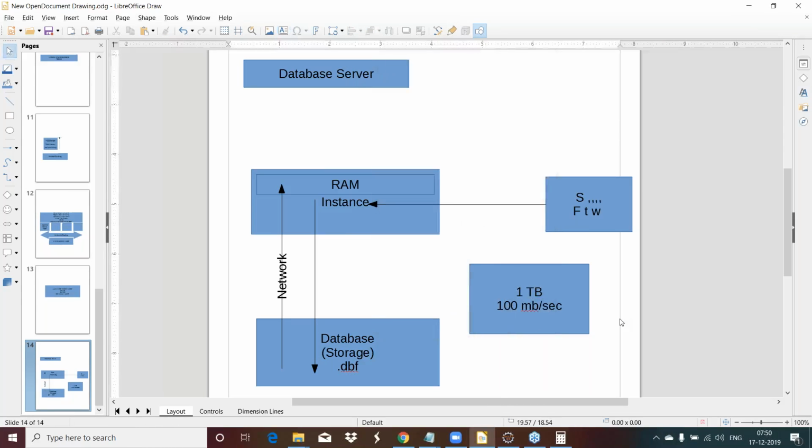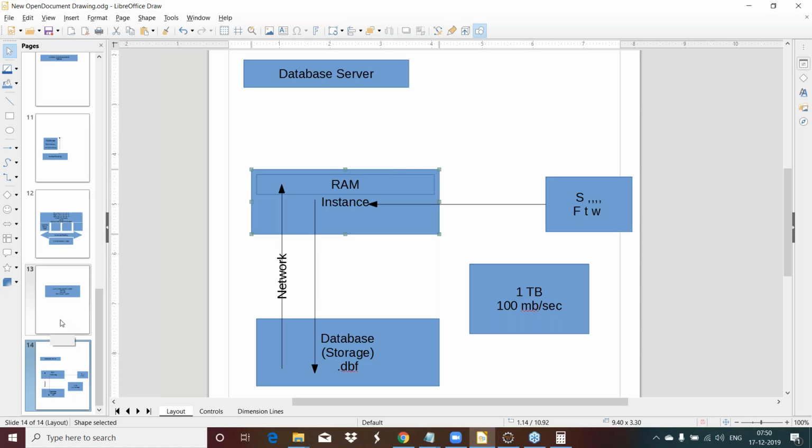So if you look at it very carefully, when you are firing this query, the data will be traveling from the storage grid to the processing grid, and just the transfer itself is going to take around 3 hours of time. Forget about the processing. The processing is going to start after this. So it is going to take 3 hours of time, and that's where the problem comes in.